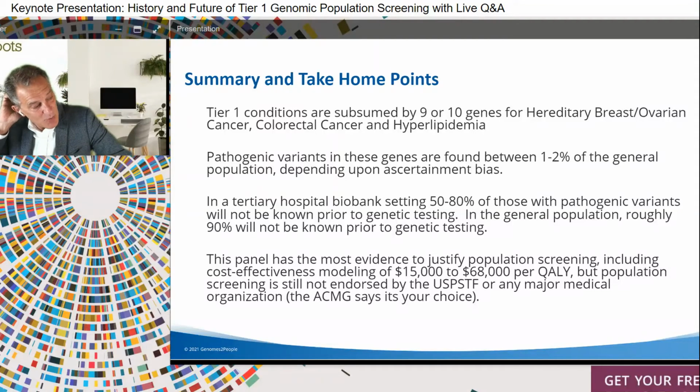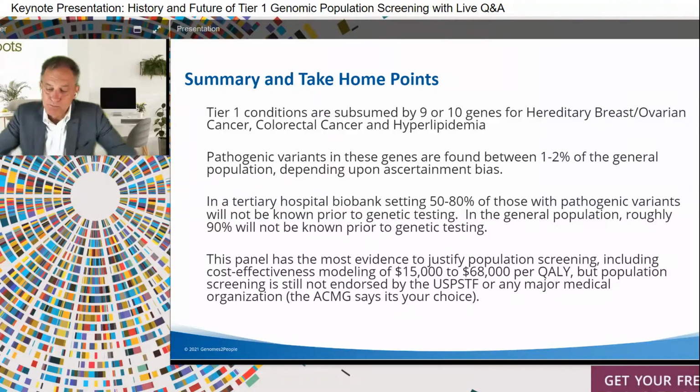As an aside, I think we're about to see a real sea change in policy in the UK, as one of the investigators there has convinced the UK government to population screen for BRCA1 and 2 sequencing in families of Jewish descent. They're self-described. And of course, the country of Israel has been doing a fair amount of this for a long time, but really nobody else. Then pathogenic variants in these genes are found in 1% to 2% of the general population.